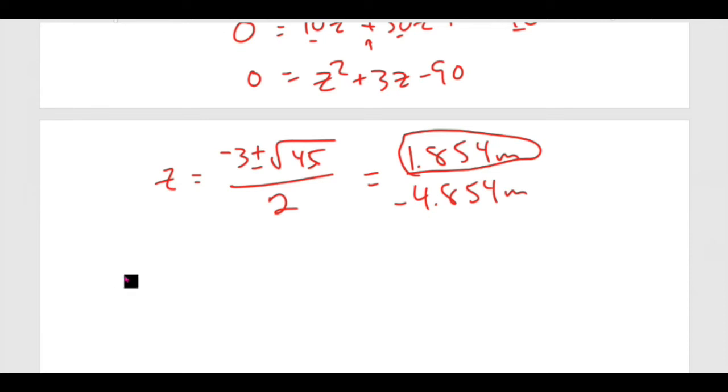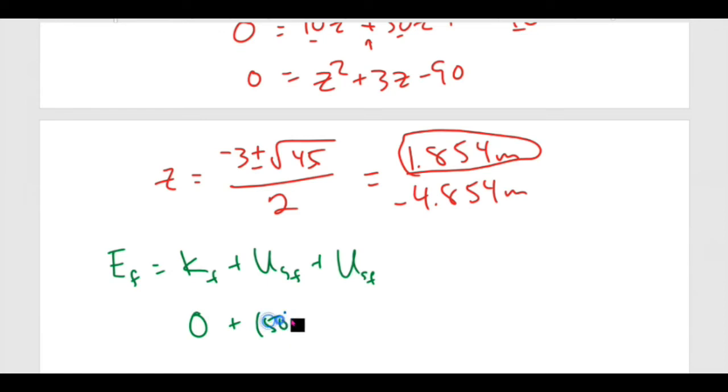And if we look at this new spot up here, my energy final at the end of the second problem is K final plus UG final plus US final. This was 0 because it was stopped, plus mg, which is 50, times the height, which was 4.854, and then it went up 1.854, so 6.708, times the sine of 37 degrees,